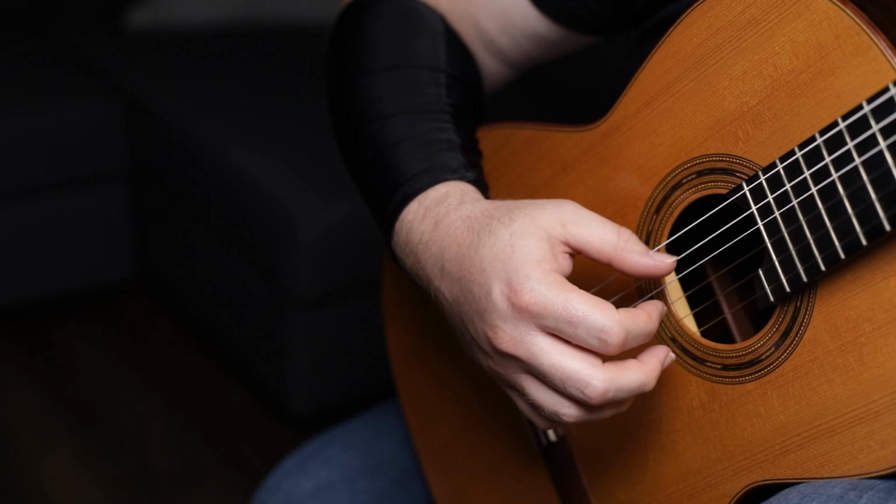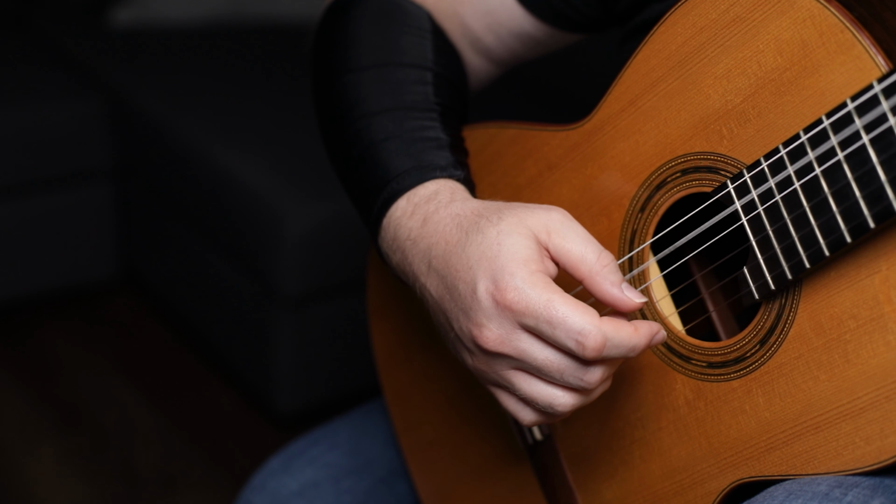And on this one, I want to kind of go back to the basics. It's really great to have the foundation built very well. So I thought I'd make a video talking about the basics of the right hand and the left hand. I'm not going to hit every single point out there, but these are the ones that I think are